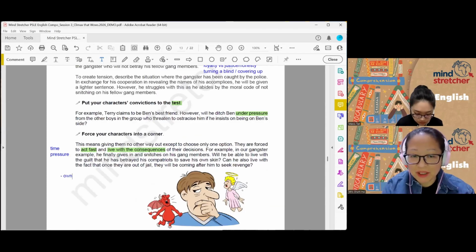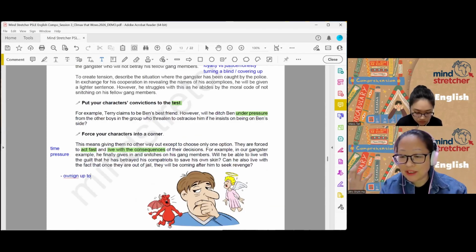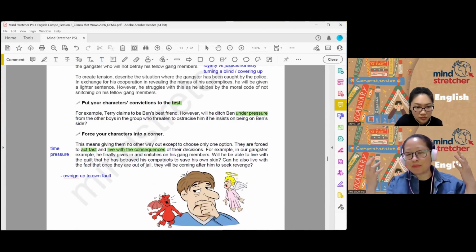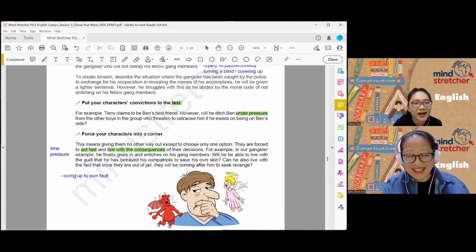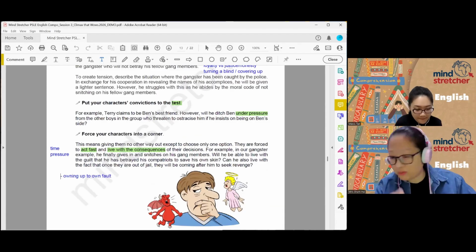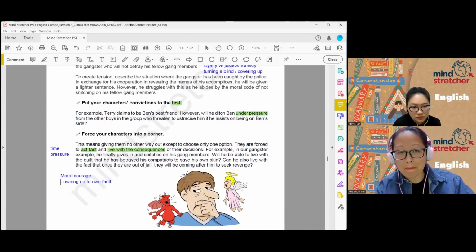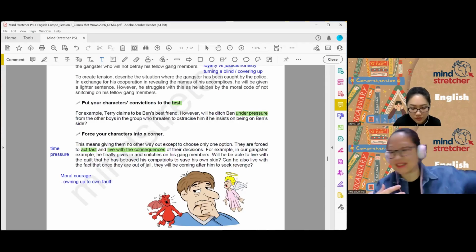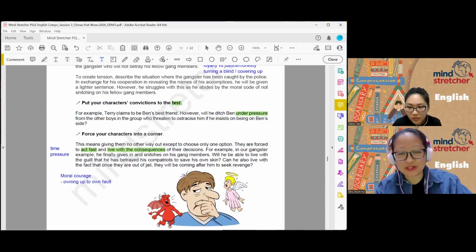So moral courage. It's not just devil or angel having two voices, and also it's not a matter of hearing voices. It is weighing the consequences while knowing that all of us know what is the right thing to do, but we struggle because we don't feel like doing it. It's too hard to do it. Now all of us know we must raise our hands, but yet we don't.